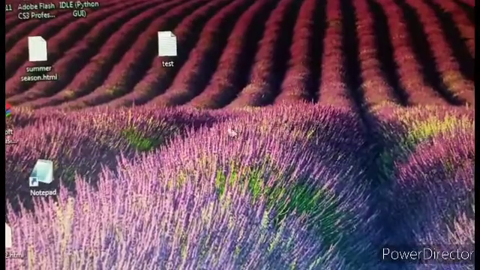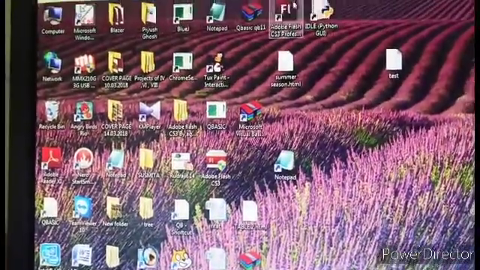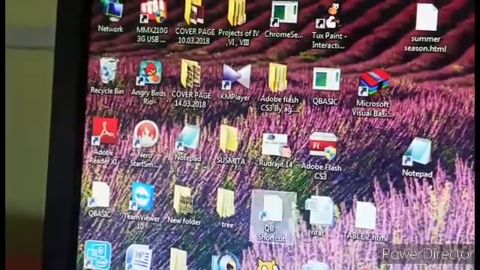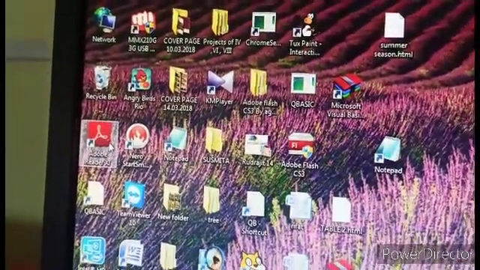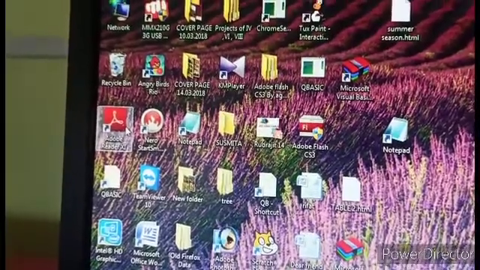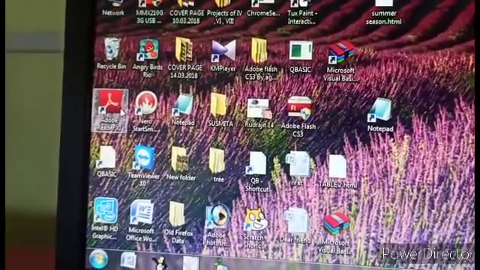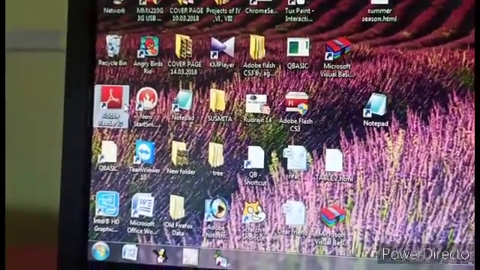Suppose you can see the arrow-like head has come there. This is called the mouse pointer. If you want to select anything on the screen, there are so many icons present. There are two buttons, the left mouse button and the right mouse button. Place your fingers on those buttons. Place your mouse pointer on that icon and just do a single click, or one click, on that item. It will be selected. Understood?